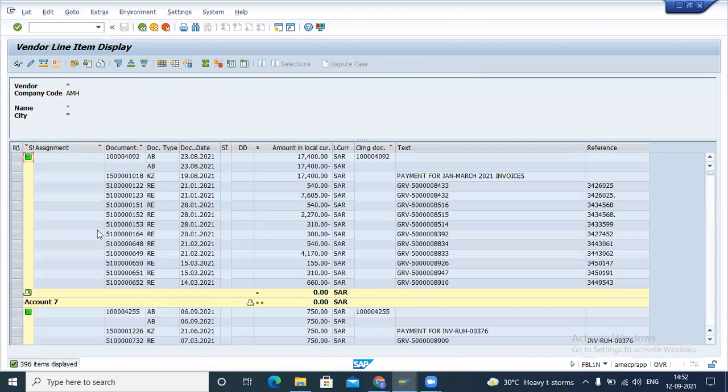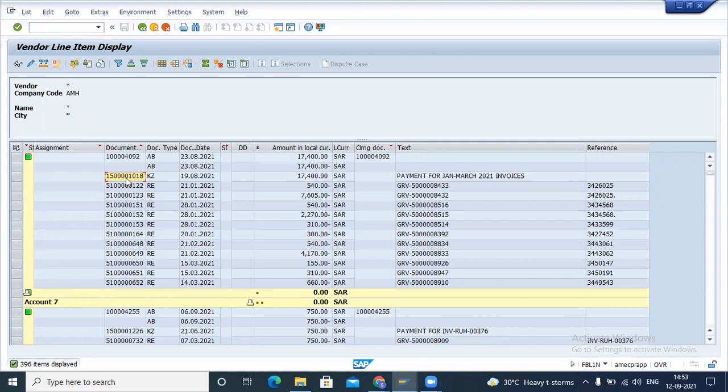Suppose you have done this payment. Once you want to do this payment, which voucher number are you creating this sheet with, including all these invoices? So you need each voucher number, right? No, I need only this whole amount, 17,400. Document number 15, starting from 15. Okay, this number. You need only this number.